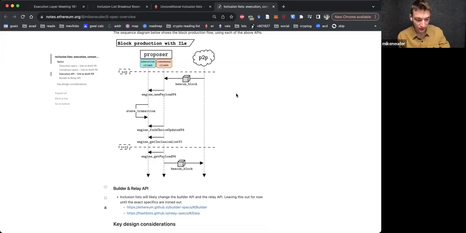Yeah, great question. Originally, and this is something Roman helped me think through, I was thinking it could be pulled along with the payload, so it could be part of the get payload response. One interesting thing is that you don't need to poll for the inclusion list construction. You only need to call it once. At the beginning of my slot, I should have a deterministic view of the transactions that I want to put in the inclusion list, and that shouldn't change over the course of the slot because no new payloads are coming in.